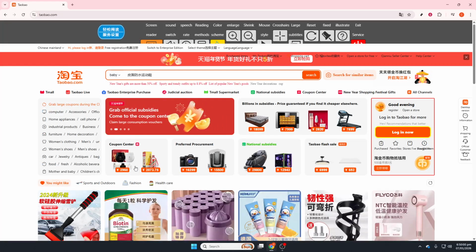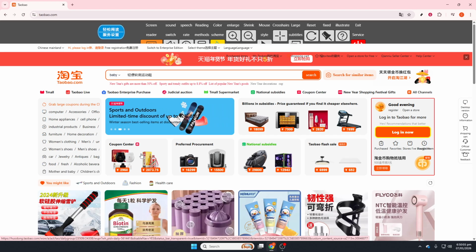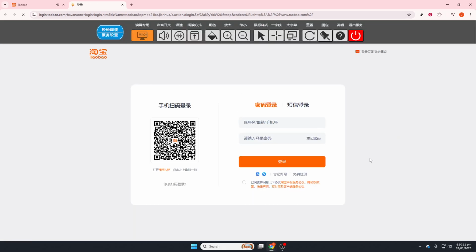In today's video, I'm going to teach you how to log in to Alipay on Taobao 2025 step by step. Start by opening your browser and heading to login.taobao.com. Sign in with the method that's easiest for you: your account password, a one-time SMS code, or a QR code scan. If you choose QR, open your Taobao or Alipay app and scan the code on the screen to